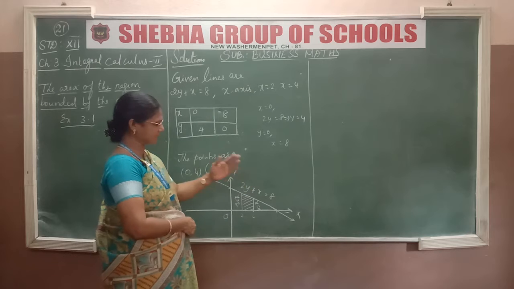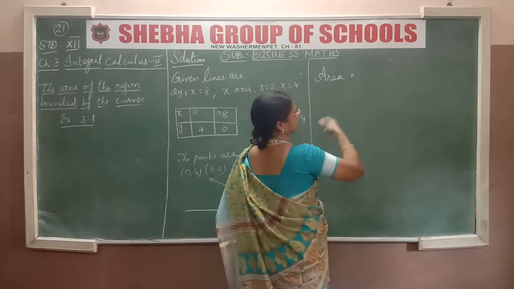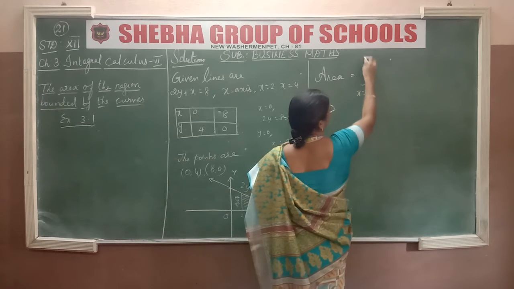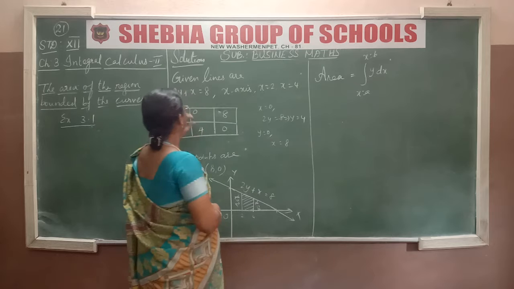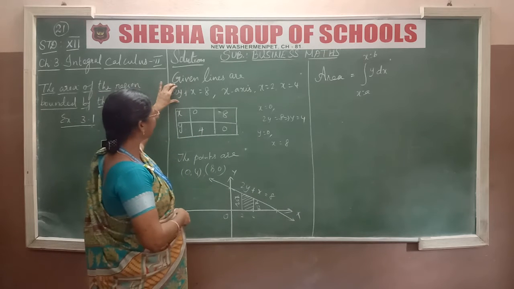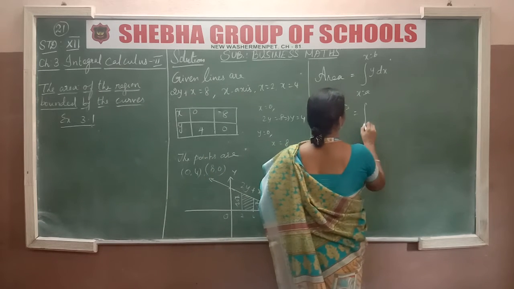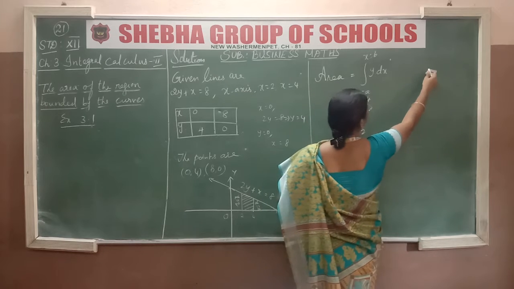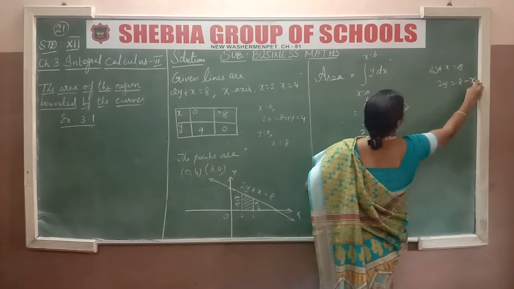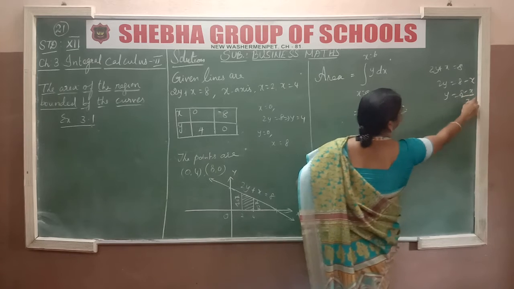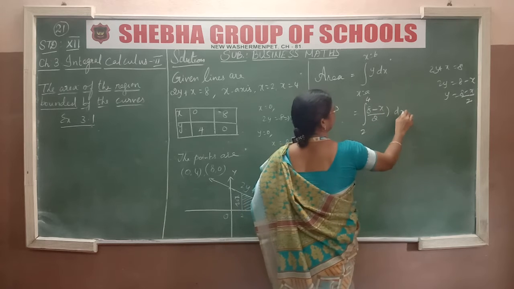Above the x-axis means first type, our area is integral from x equal to a to x equal to b of y dx, isn't it? Y into dx. From the given equation we find y. It is given 2y plus x equal to 8. Therefore, what is y? Limits 2 to 4. Listen, 2y plus x equal to 8, so 2y equal to 8 minus x and y is equal to (8 minus x) divided by 2. Using that, integral of (8 minus x) by 2 into dx.